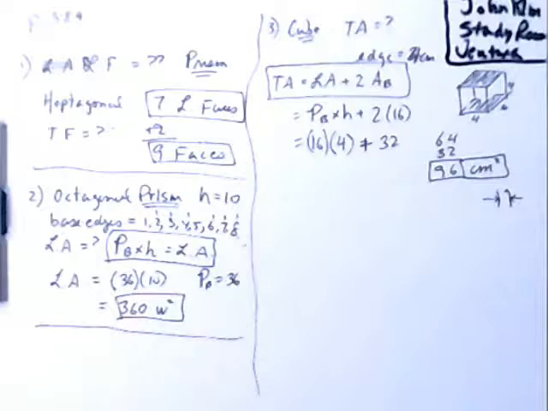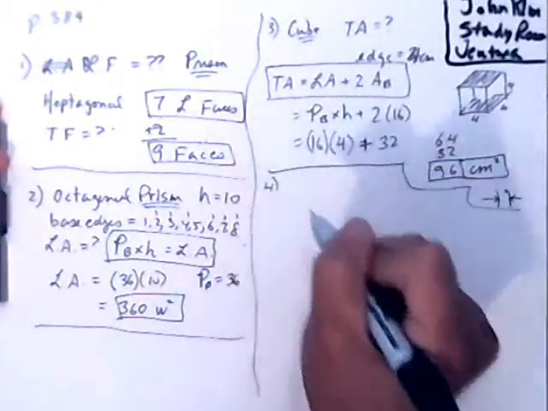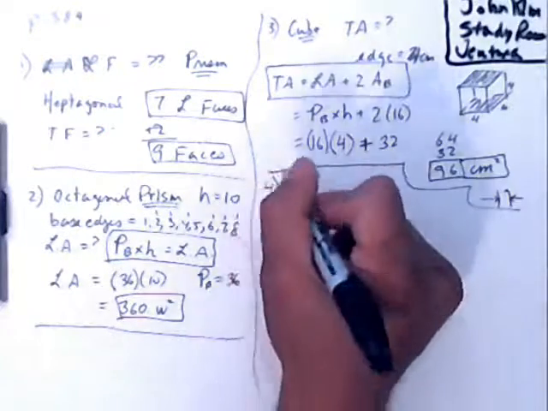What problem did I do? Oh yes, I did problem number 4 next. So let's work it out. What is the height of a right prism with a base area 6 square centimeters and a volume of 24 cubic centimeters? Again, what is the height? We're looking for the height